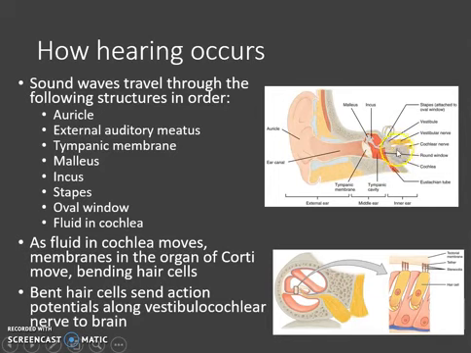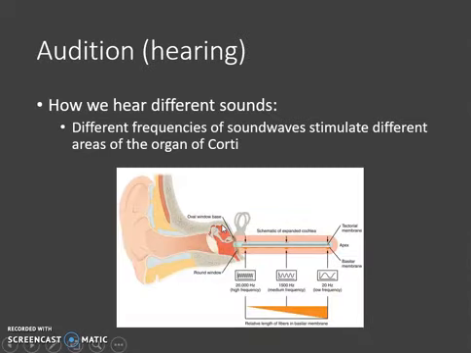As fluid in that cochlea moves, membranes in the organ of Corti move, and they bend these little hair cells here. These bent hair cells can then send action potentials along the vestibulocochlear nerve to the brain. Now we can hear different pitches and different sounds because different wavelengths of sound trigger different areas in the organ of Corti. And this is why some people,